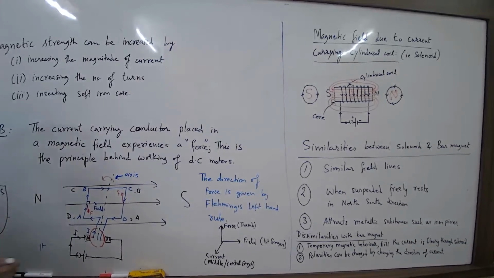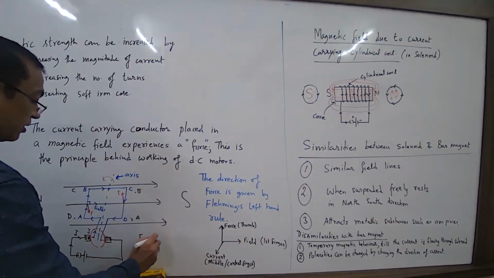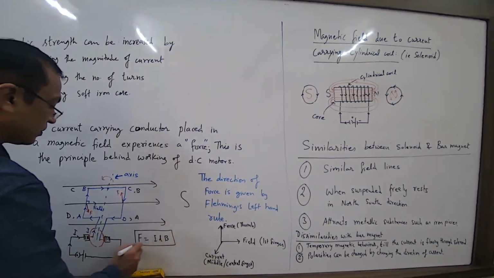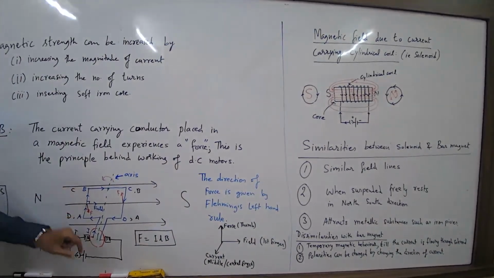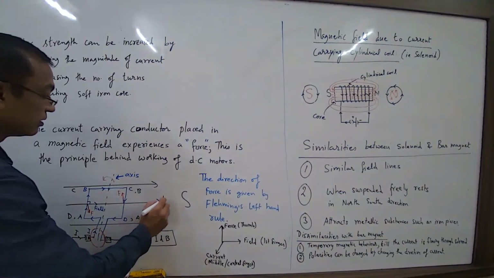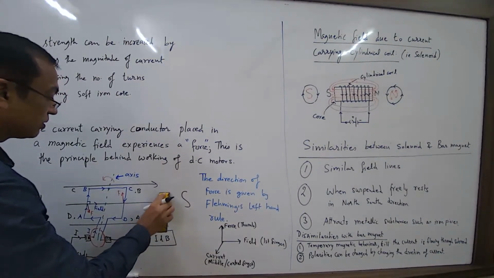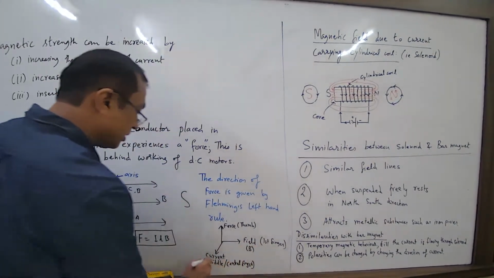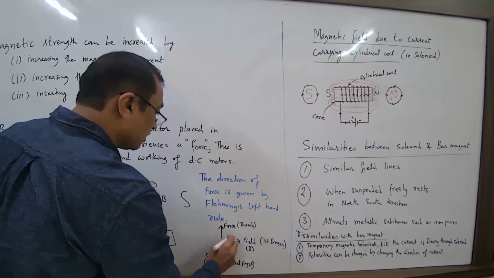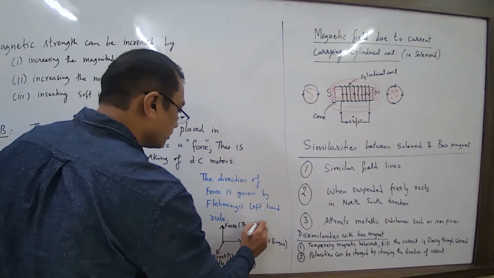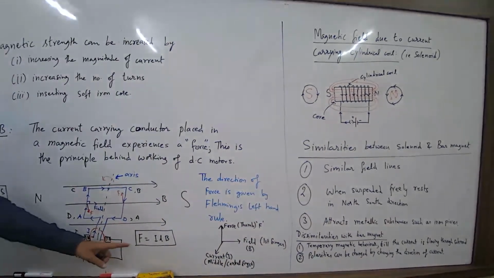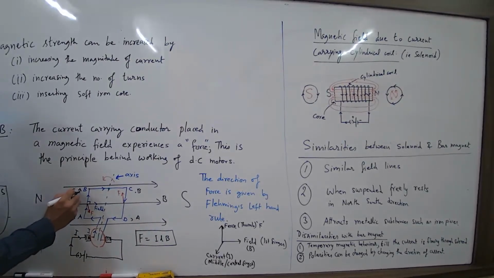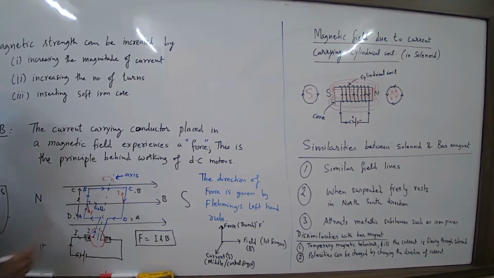ठीक है। एंड फोर्स का जो मैग्नीट्यूड है वो डिपेंड करता है किस पे, I L B के। तो ये लेंथ ऑफ द वायर है और B क्या है, मैग्नेटिक फील्ड वेक्टर। मैग्नेटिक फील्ड क्या तुम्हारा B, करंट का सिंबल क्या है I, F का सिंबल, फोर्स का सिंबल क्या है F। तो फोर्स किसके बराबर है, I L B। L क्या है, ये जो लेंथ है ना यहां से यहां, लेंथ ऑफ द कॉइल AB।